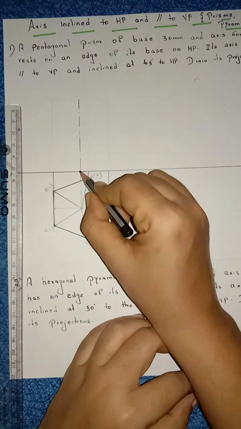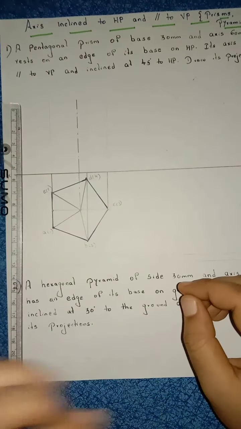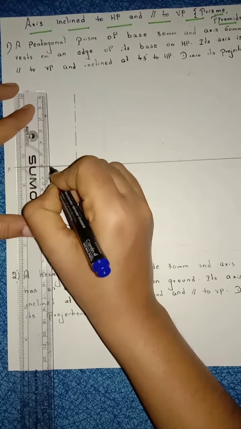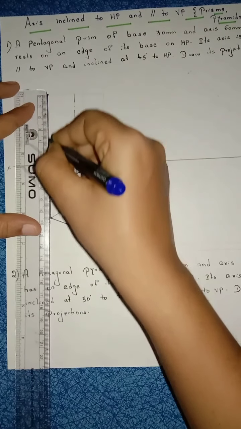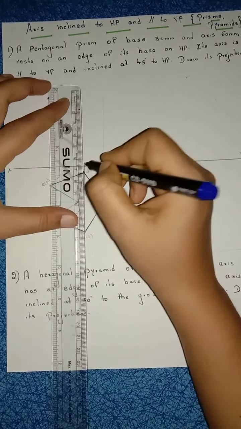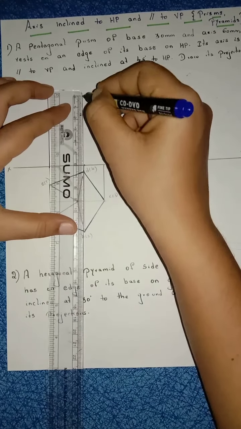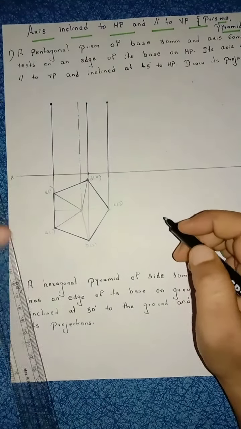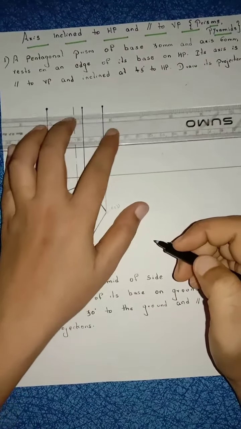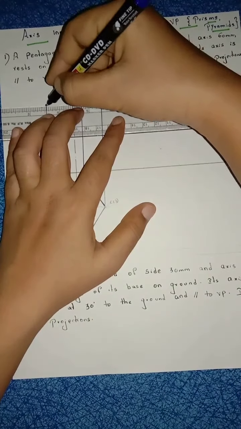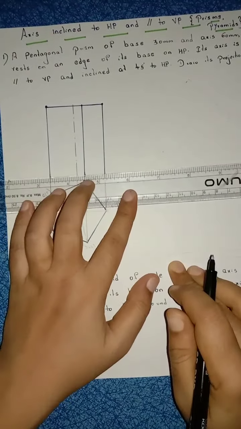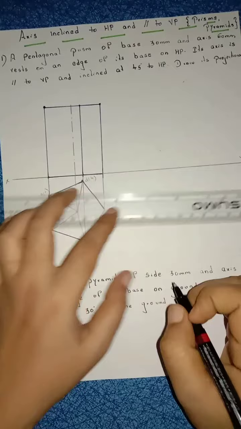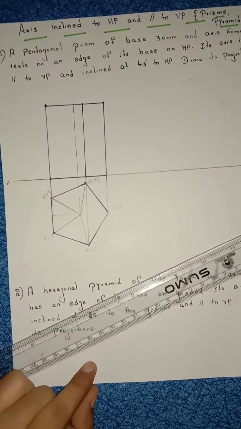Right? 60 mm. From here we are constructing 60 mm, right? Now from every corner construct 60 mm. From here take 60 mm, right? Again from here take 60 mm, right? Again from here take 60 mm, right? Now join this one, right, and join here. This is a pentagonal prism. So for the prisms the axis line should be in a very light manner, right?